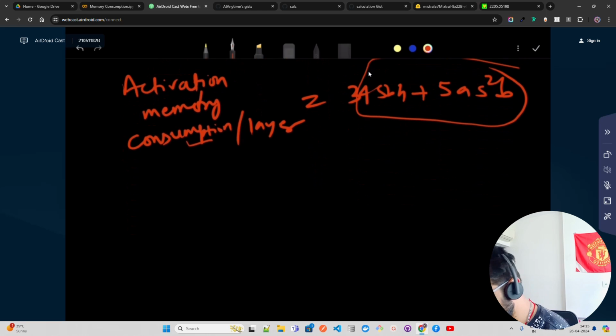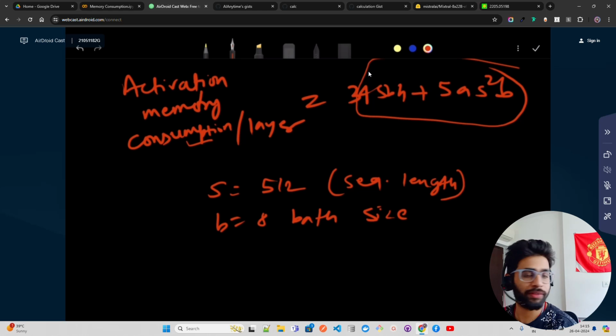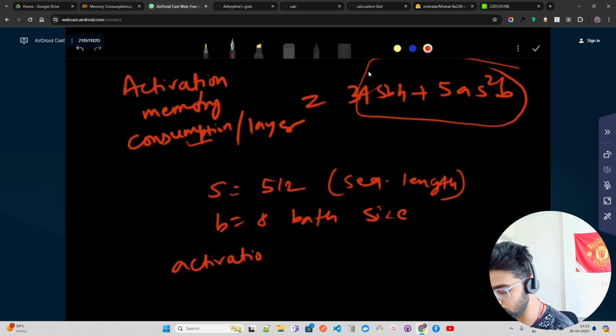Just for example, if a model has S as 512 as a sequence length, just taking a small sequence length, and a batch size of eight. These are the things that we defined. And if activations are 16 bits, let me just write it out over here: activations are 16 bit because we have talked about F16 or BF16, and then we can compute it, guys. So if you compute,